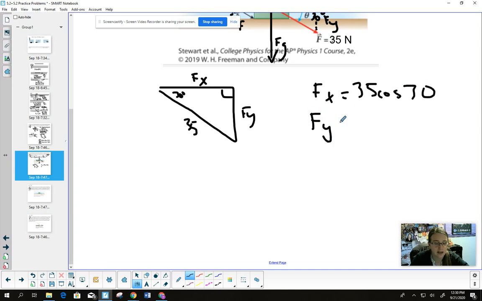Y is once again going to be sine because it's the opposite. So we've got 35 cosine 30. We get 30.3 newtons. And then 35 sine 30, we've got,